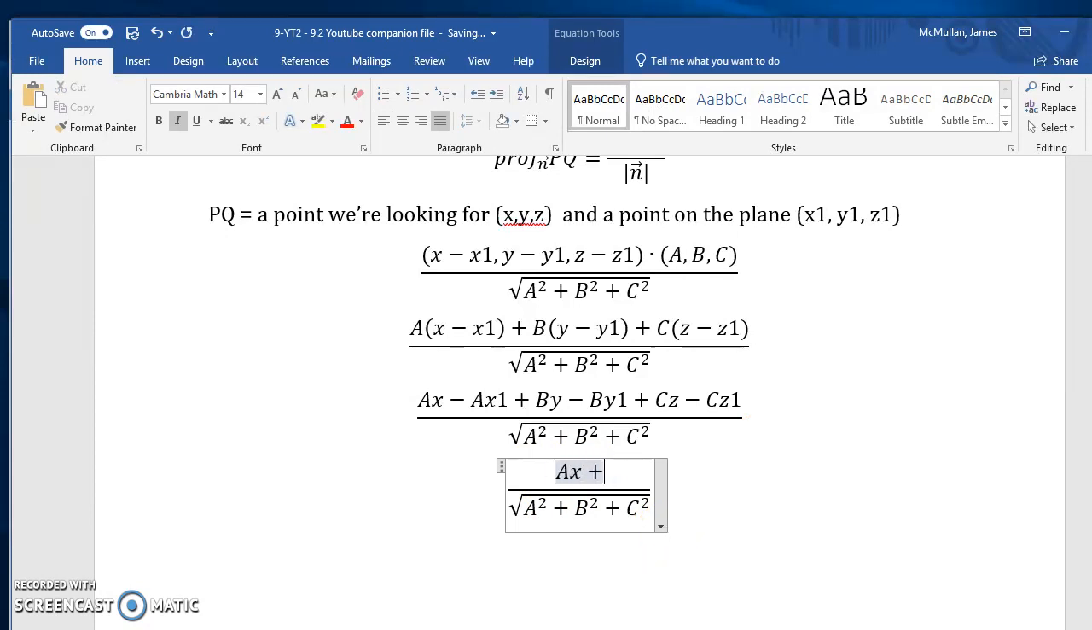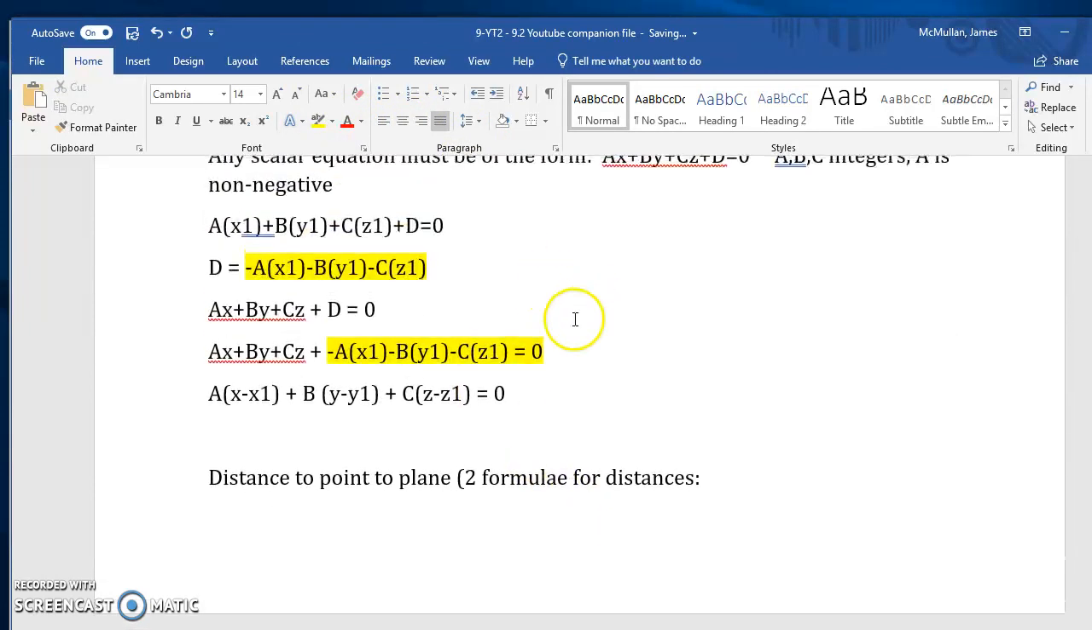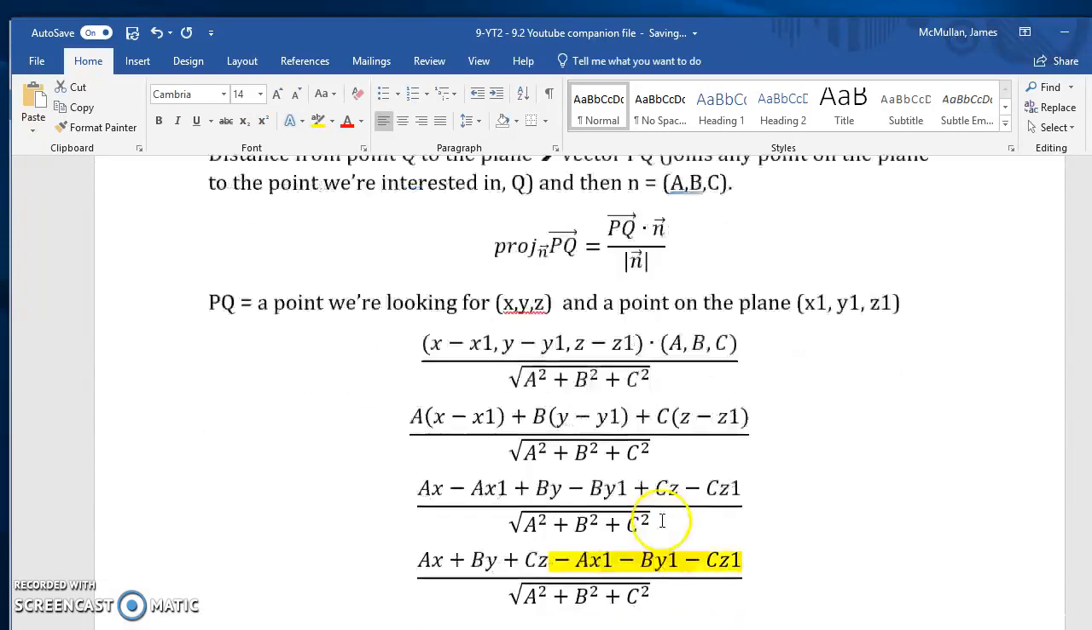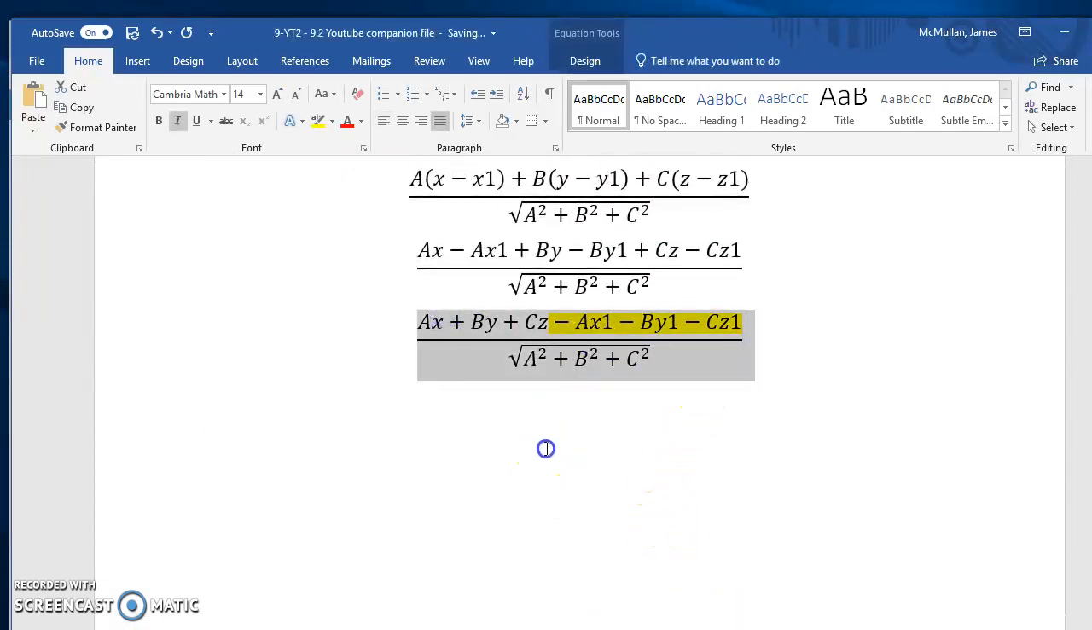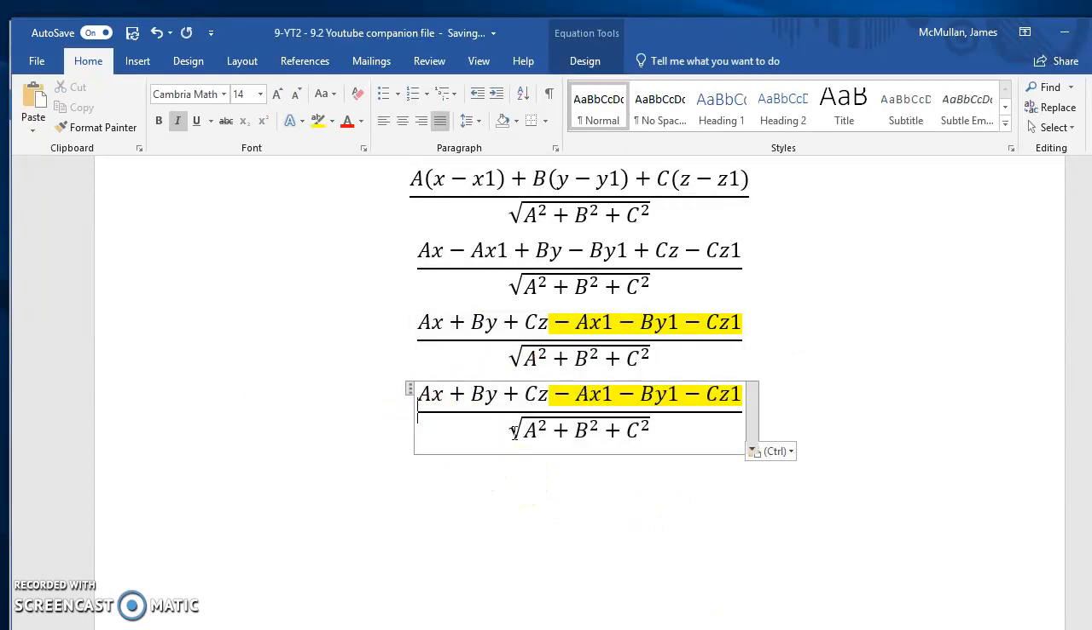If I do ax plus by plus cz, and then I do minus ax1 minus by1 minus cz1, I remember from earlier, right, that expression a, b, c times a point on the plane was another way of expressing the d value from the equation, right? So I can go down here and I can go, okay, that means the distance from a point to the plane is equal to this plus d